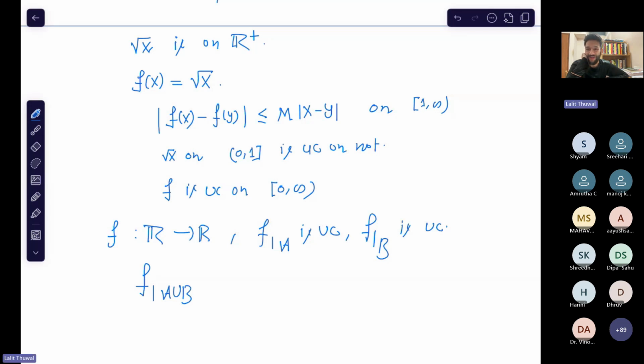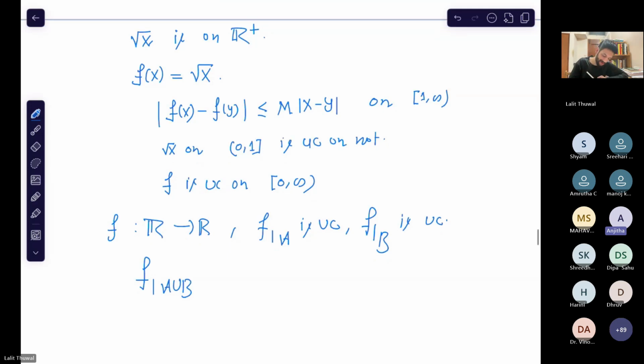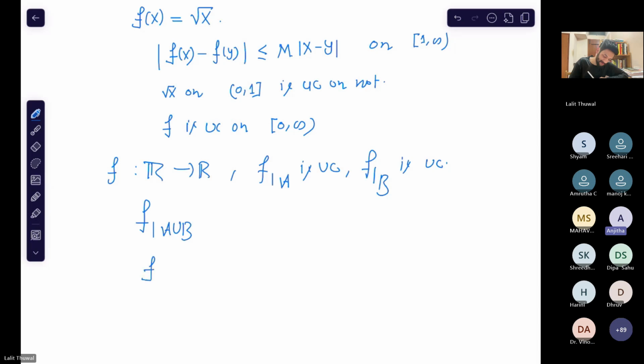Unmute yourself and say. I think no, sir. Okay, you think no. So can you give me an example? If f is defined as a constant function on A, and a constant function on B,